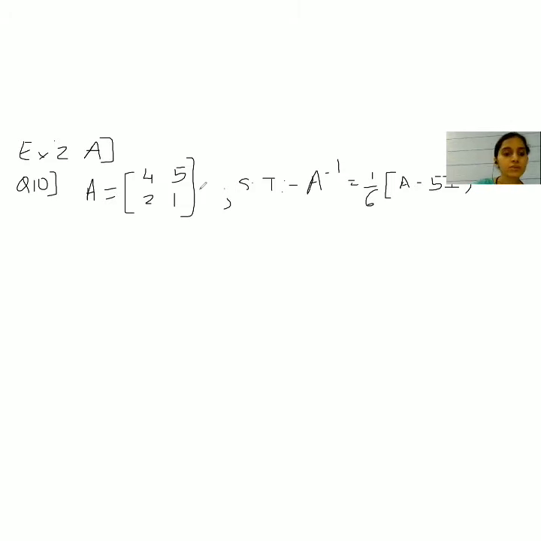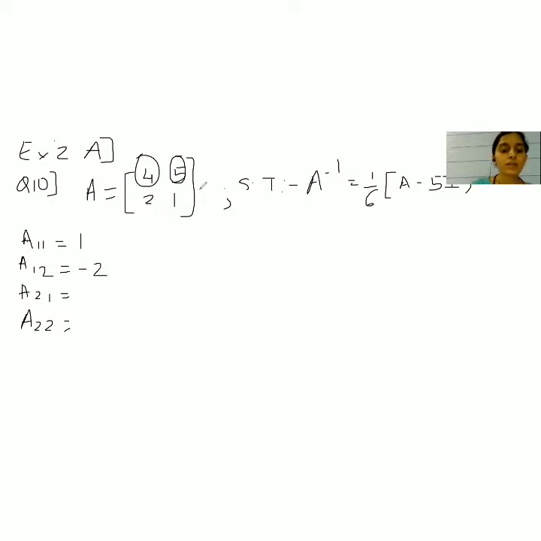We can start with first finding the inverse of A. So I'm using the adjoint method, A11, A12, A21 and A22. I'm finding the cofactors directly right now because we're used to finding minors and then changing their sign. So A11 is the cofactor of the first element. The minor is 1, and the sign does not change because 1 plus 1 is 2, even. Then the minor of A12 will be 2 and the sign will change, so minus 2.